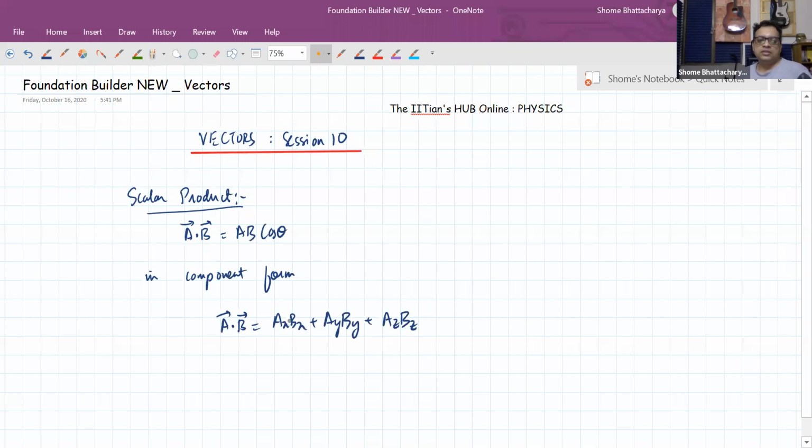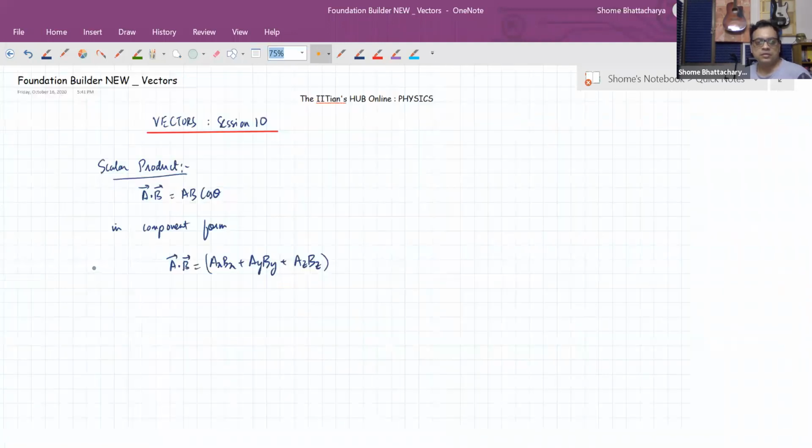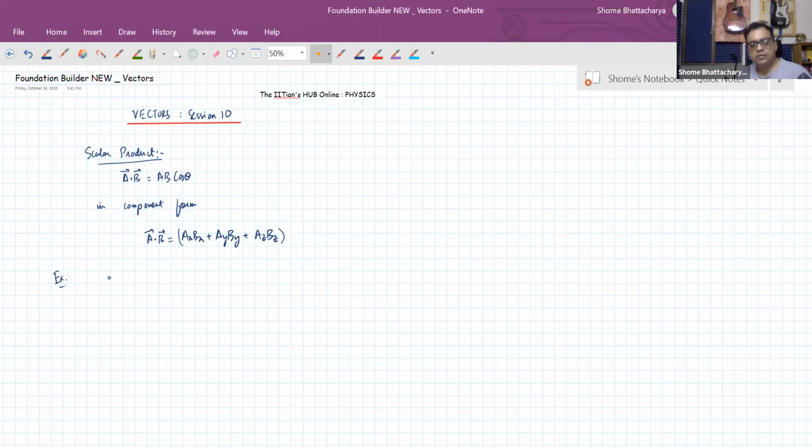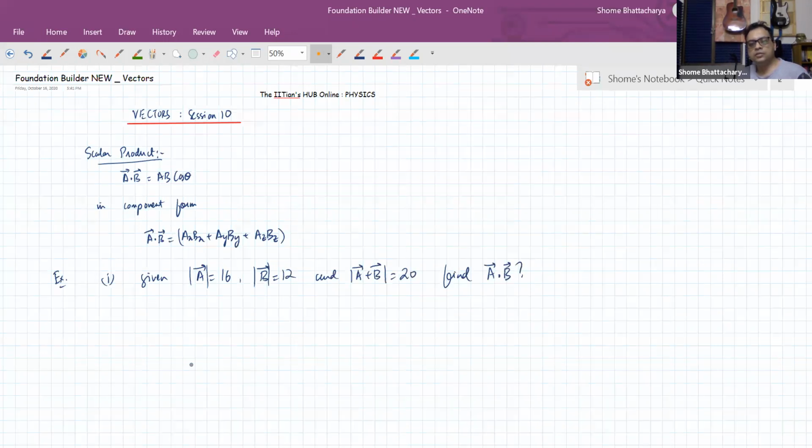Okay. So let's start today with some example questions and application examples of the same. So given that magnitude of A is 16, magnitude of B is 12, and magnitude of A plus B is 20, find A dot B. Okay. Similarly, given